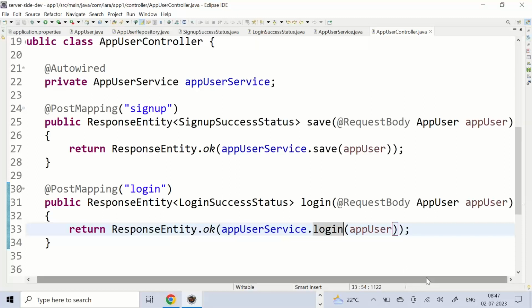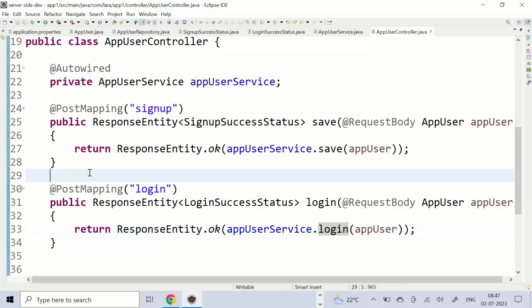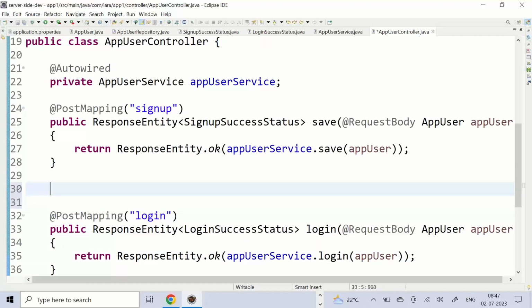This is completely server side development. We need to test this one. While testing also, we can go for JSON object,